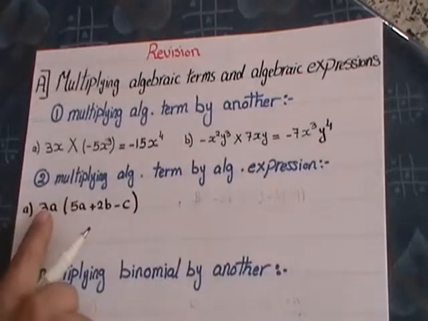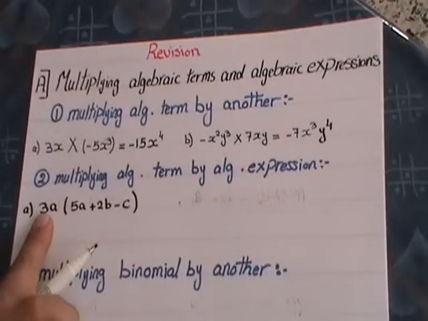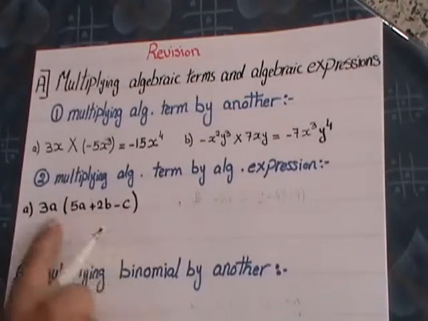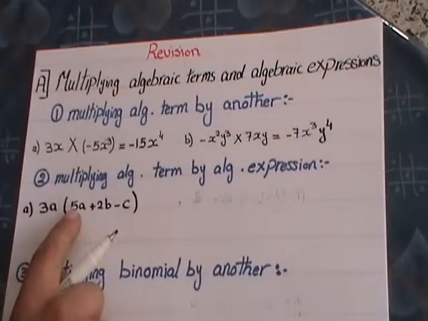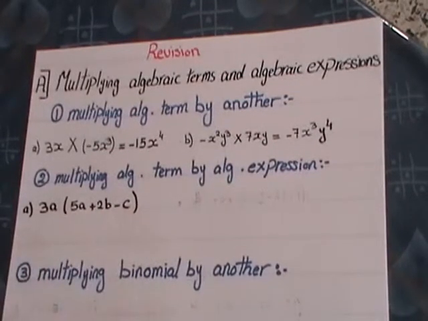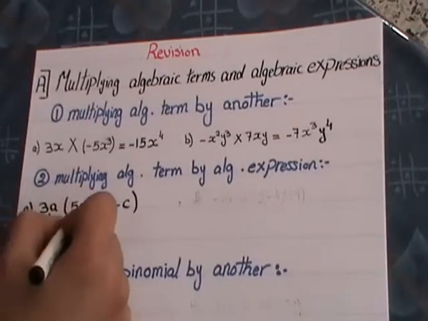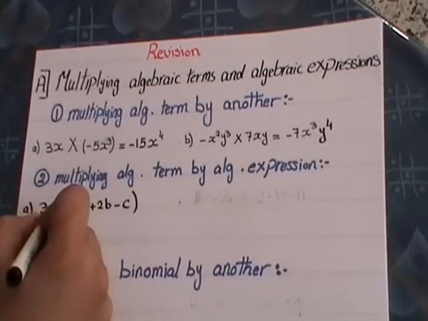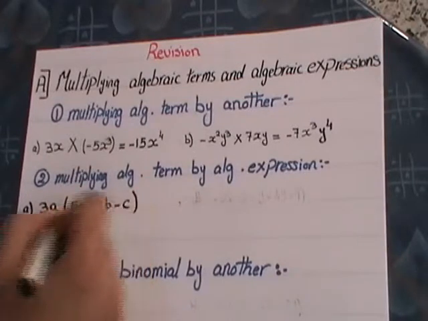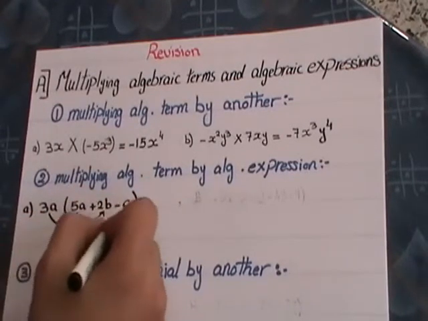So now we have an algebraic term and an algebraic expression consisting of 1, 2, 3 elements. The first step, we start by the term times the first, times the second, and then this term times the